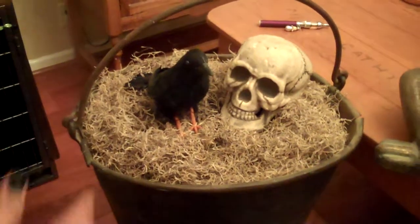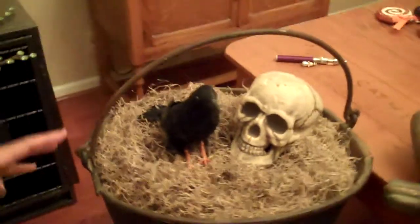So this can be achieved for little to no money. And all it really is, the centerpiece is the big cauldron that was probably used over a fire way back when, you know, to wash clothes is what I'm thinking it was for. But I transformed it into a great little